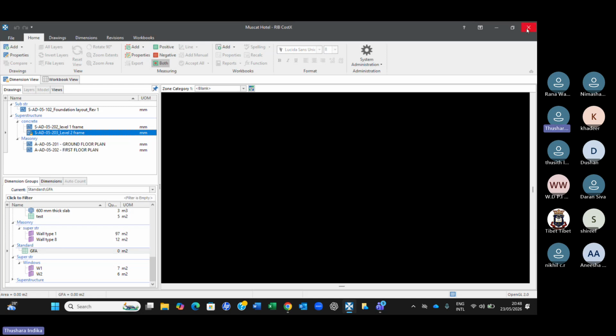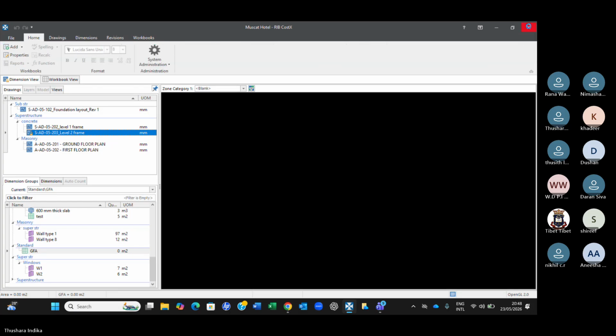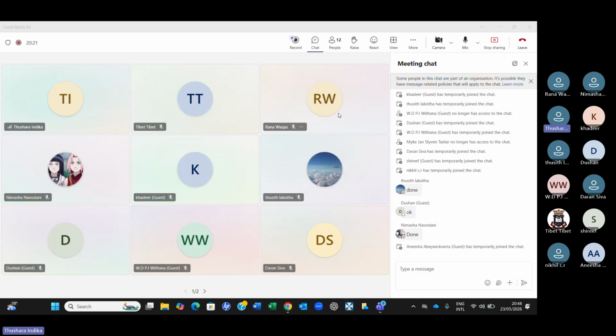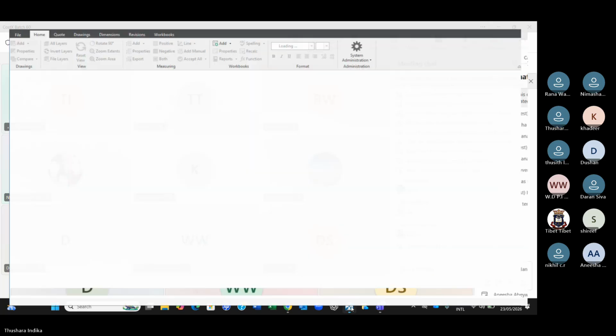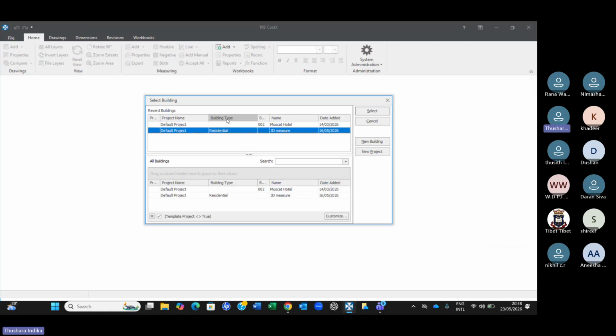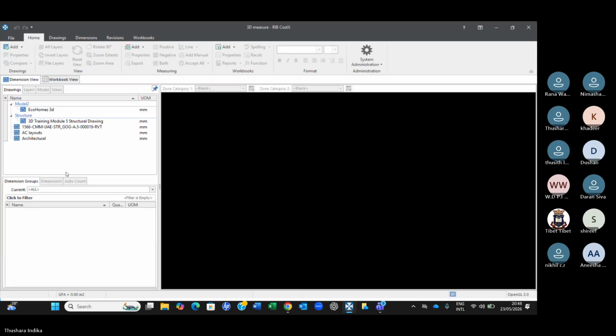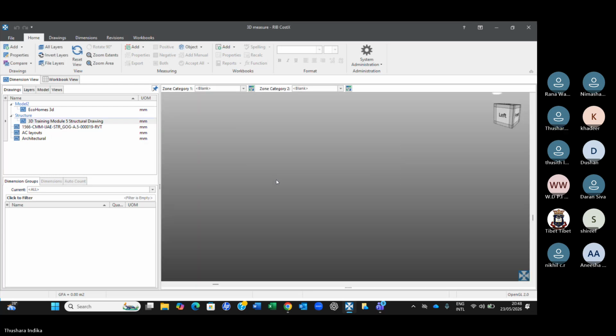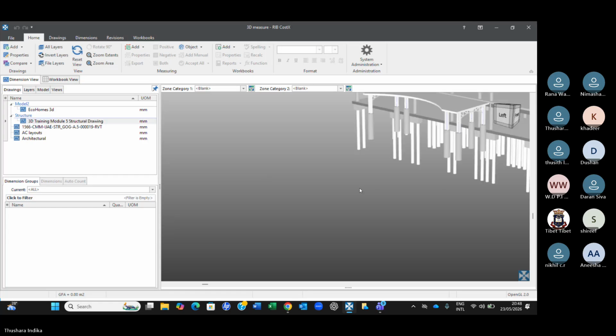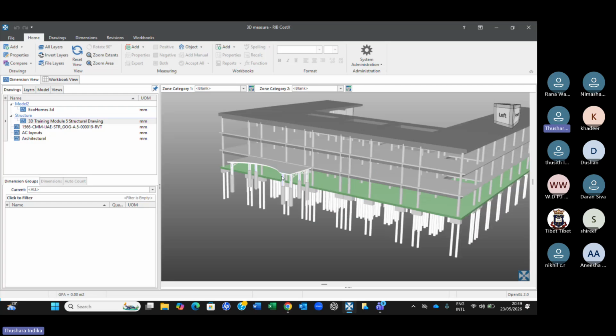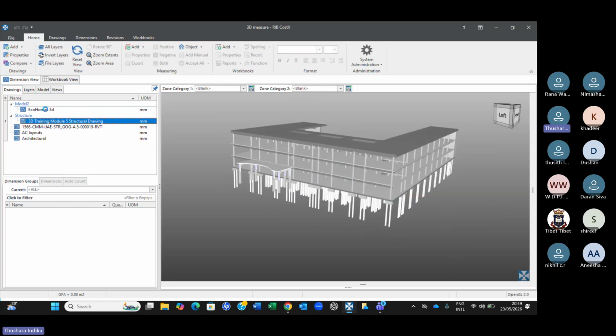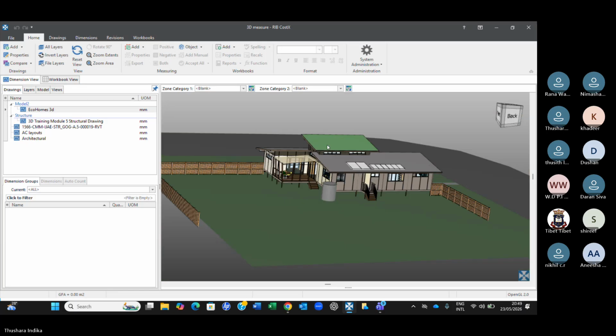Right. So can I go back to the 3D building now? I close this and I open now the other building, which is the 3D. I open a building type called residential here, which is the 3D measurement. So this is what we have uploaded, the 3D. We started looking at this 3D and then another one called Eco Home,